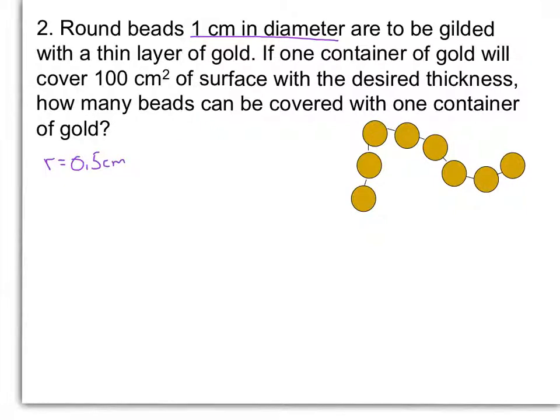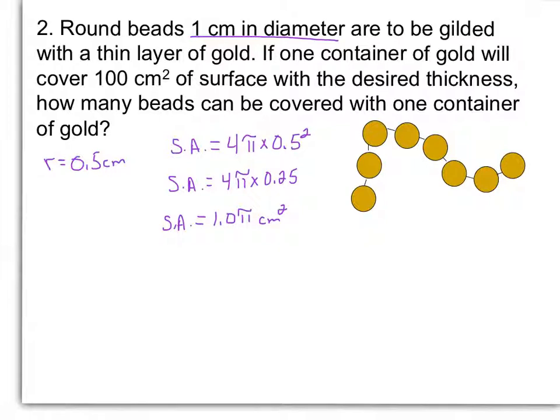So let's first find the surface area for one of the beads. 4 pi times our radius squared, so surface area equals 4 pi times 0.25, or about 1.0 pi